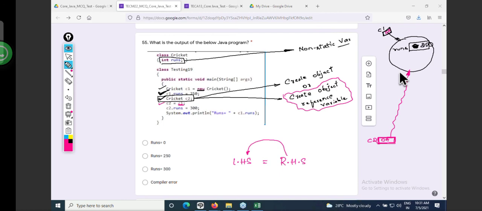Same object can be accessed through what and what? Same object can be accessed through C1 also, C2 also. Awesome. C1 and C2, do they have the same address? Yeah.